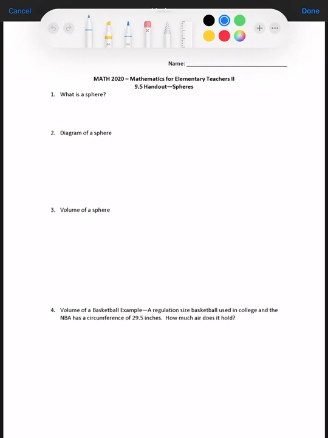Now, the sphere definition is related to a definition of a circle. So can you take a moment to pause and remember what the definition of a circle is? Okay. The definition of a circle is the set of all points that are the same distance from a center. And the sphere is the exact same way because the circle is two-dimensional, the sphere is three-dimensional. So we can say a sphere